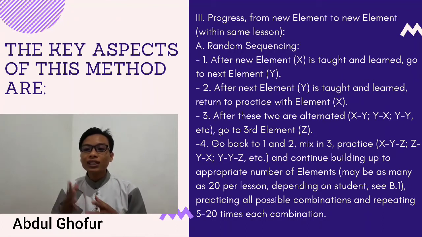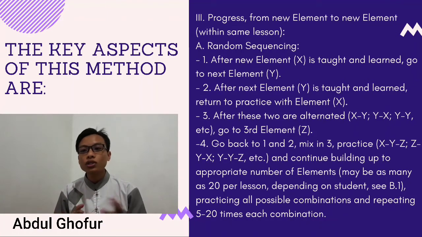It is possible that in one of the meetings, it is possible to discuss lessons variable x and y simultaneously so that they are related to each other. And number 4, go back to first and second, mix in 3, practice x, y, z, y, x, or z, u, y, and continue to repeat each step in each lesson so that students are able to